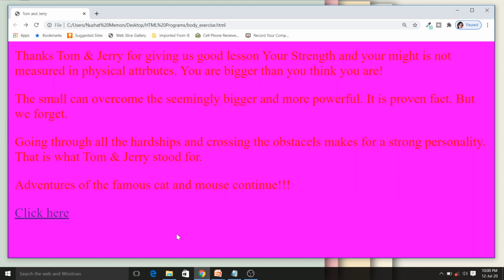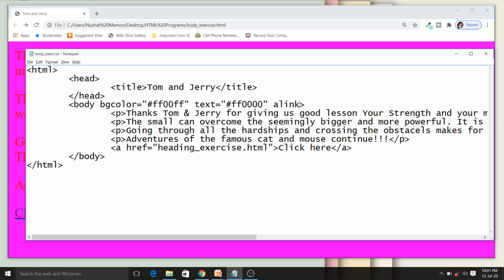So here if I want to change the link color of active link, that is A link, and visited link, V link. Visited link means you have visited or followed that link. So here we can change the color of A link from blue to some other color. Here I will change it to white for the time being, and visited link red.